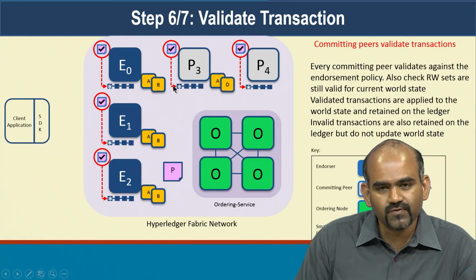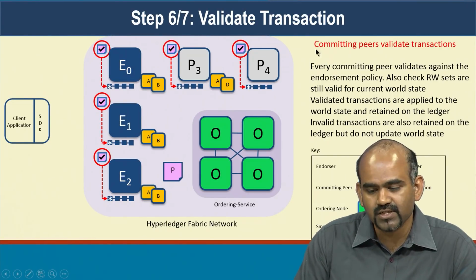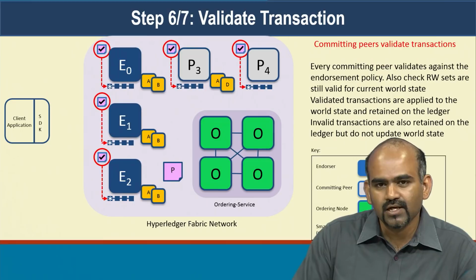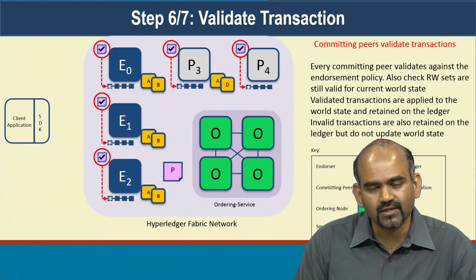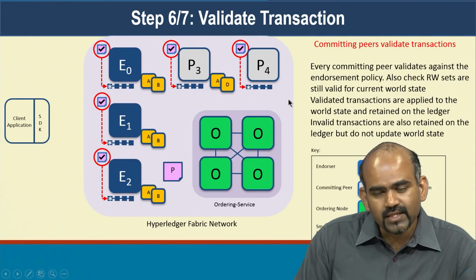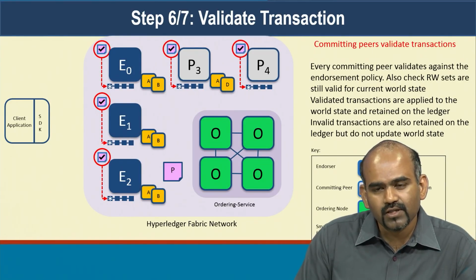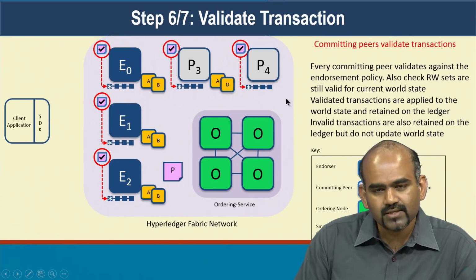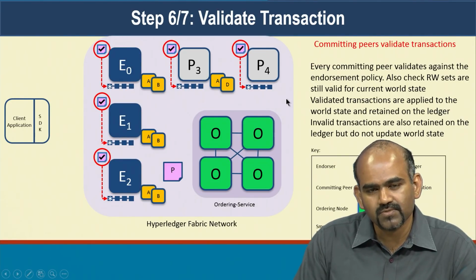So those sorts of verifications on the read-write set are being performed by all the peers in the network. Both the endorsing peers as well as the committing peers will do the validation and will now, out of the set of 100 transactions, mark these transactions as valid or invalid. So in the example that I stated, the transaction 50 will be marked as invalid, whereas other transactions might go through. Now, only the valid transactions' write sets will be updated in the world state. All the invalid transactions will have no effect on the state maintained by the blockchain itself. So that's how the overall blockchain proceeds in terms of committing transactions.